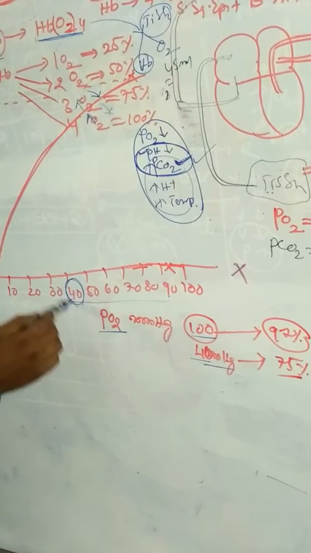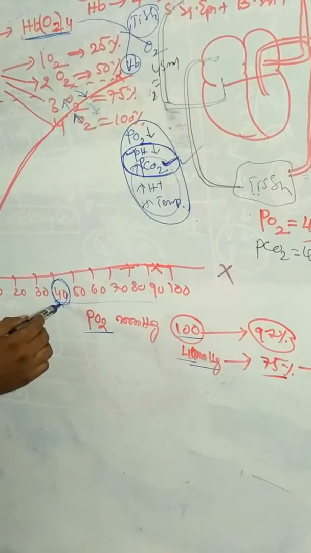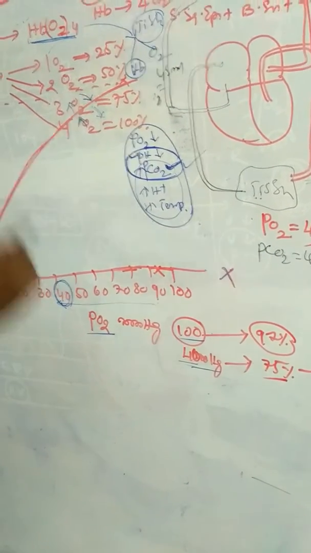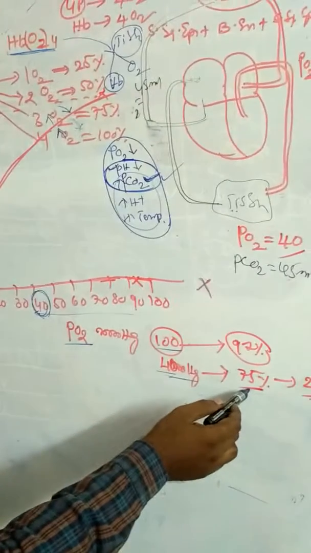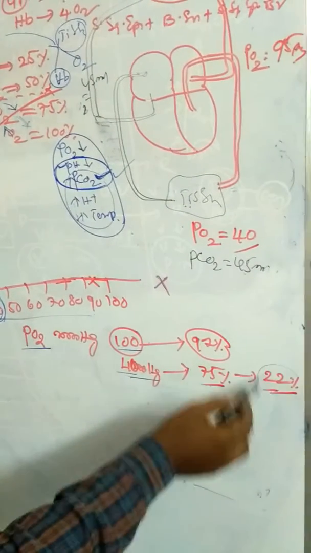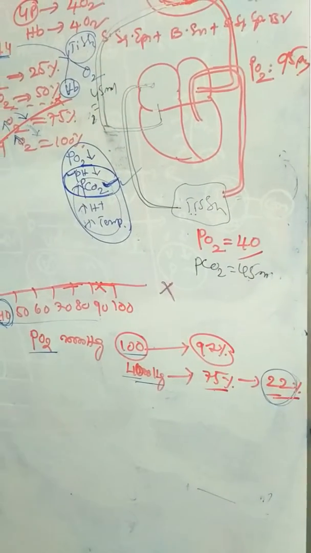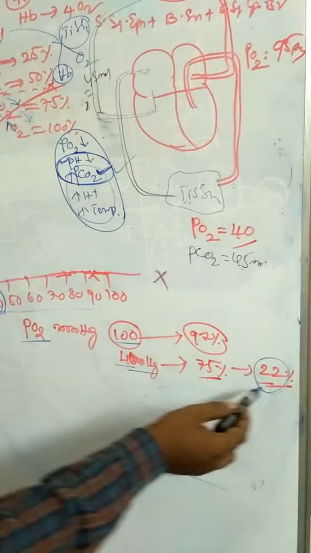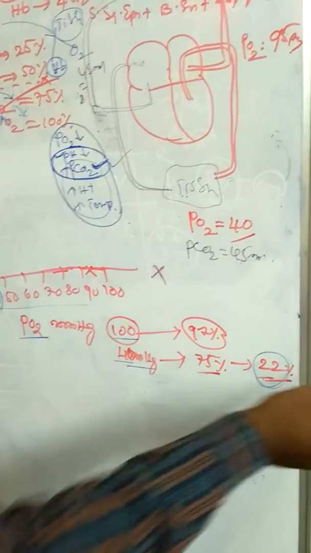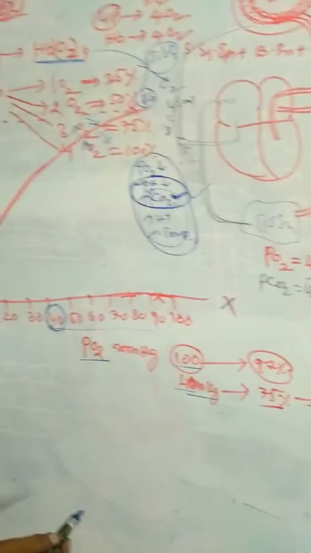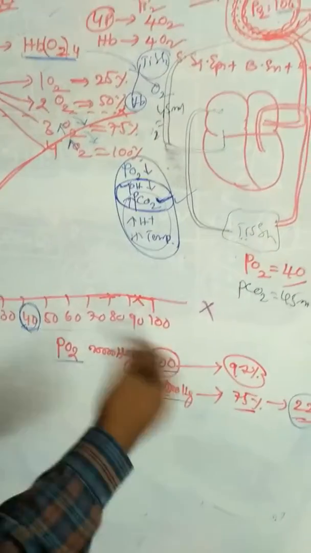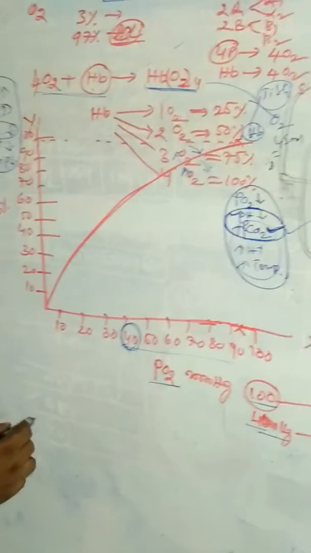At 40 mmHg partial pressure, saturation is 75%. That means dissociation is 22%. 22% of the oxygen is delivered to the tissues. The remaining oxygen is reserved in the blood for further